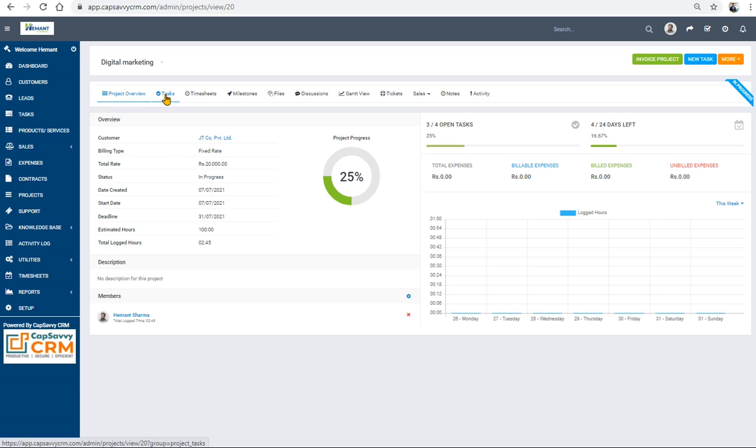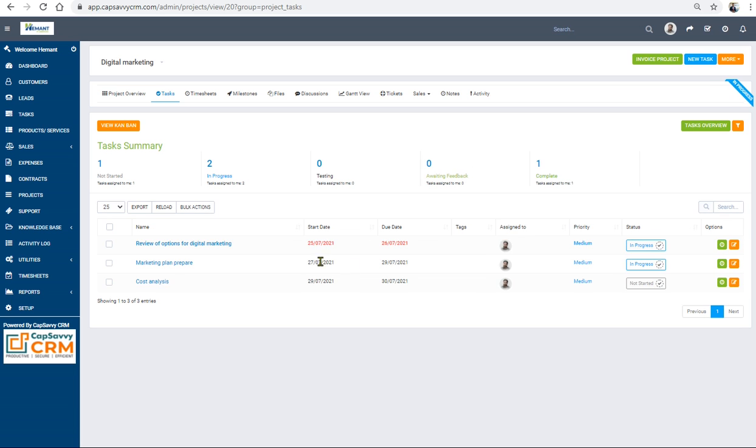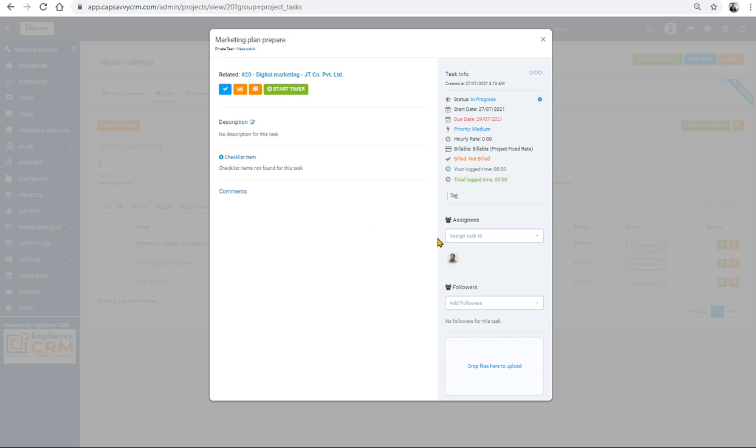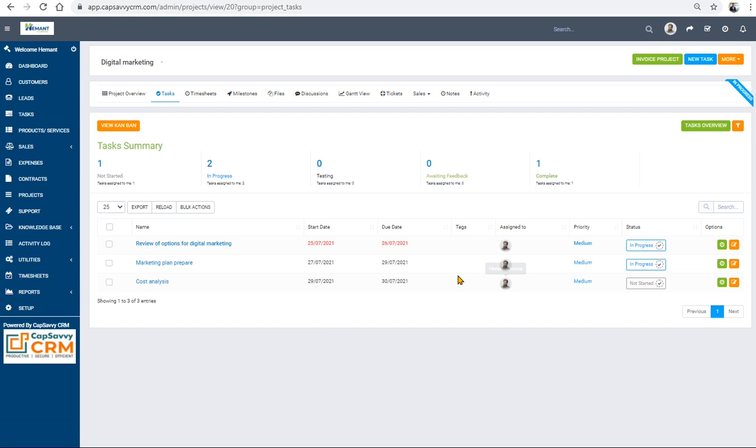Now these tasks, because we have assigned them to a particular person, that is Hemant Sharma himself. If you want to change to some other people, you can change, or you can add more people also. Let us say Shruti or Roshni. Roshni is not coming because we have not assigned this particular lead to Roshni or another person, only this. So you can create followers. So Shruti will follow up on this particular task. And now we see the timesheet, who is working on what.